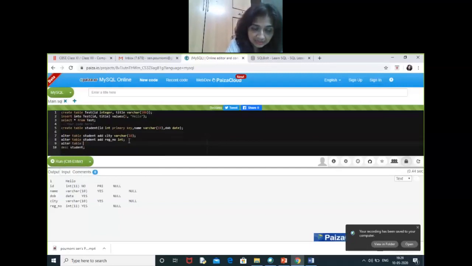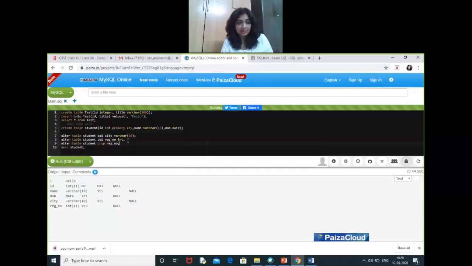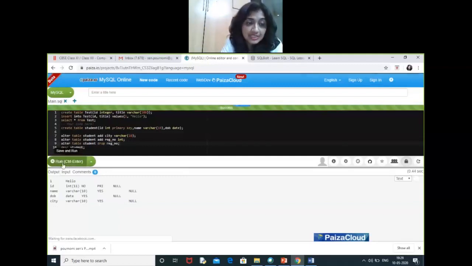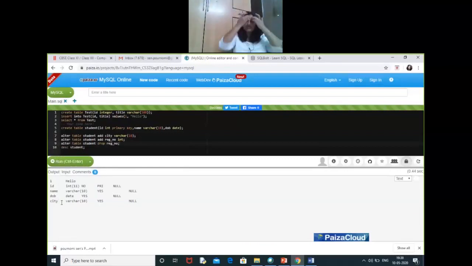We have to write the table name, alter table student, then drop followed by the column name. We want to remove registration number, so it is followed by the column name. So again, let's run. We'll see after running, ID, name, DOB, and city remain, registration number has been removed. So this is how a column will be removed from an already existing table.